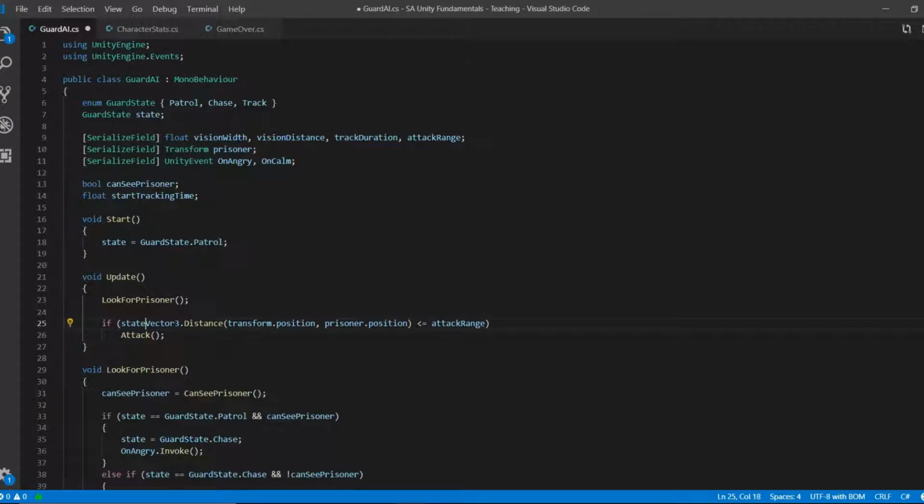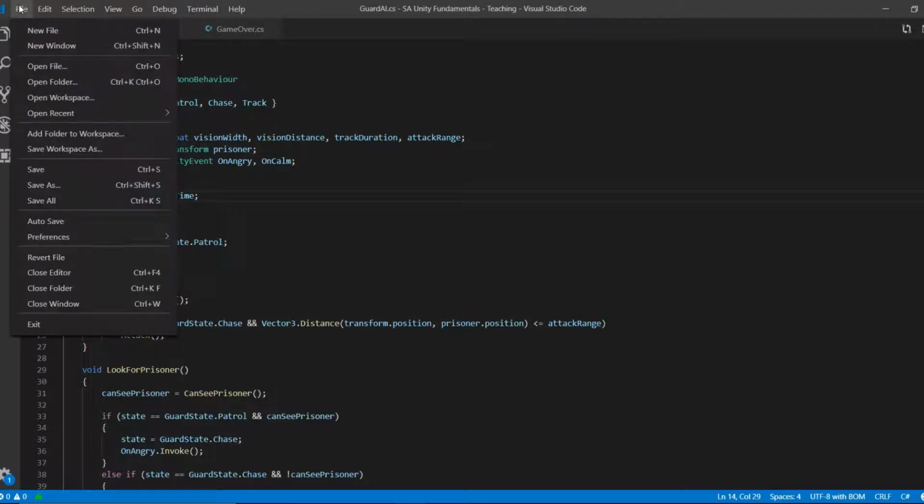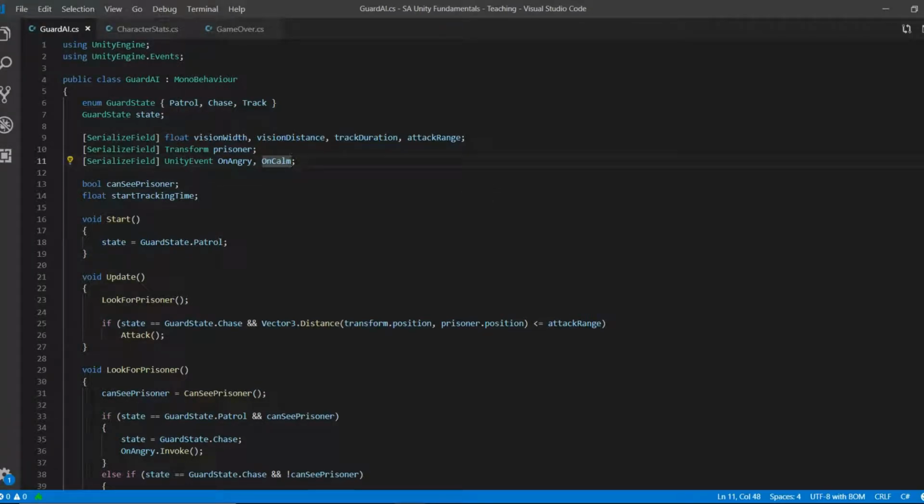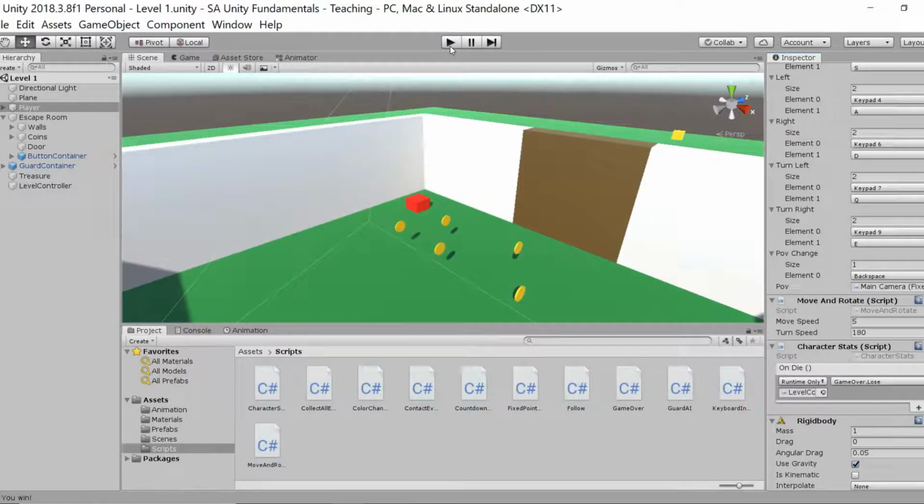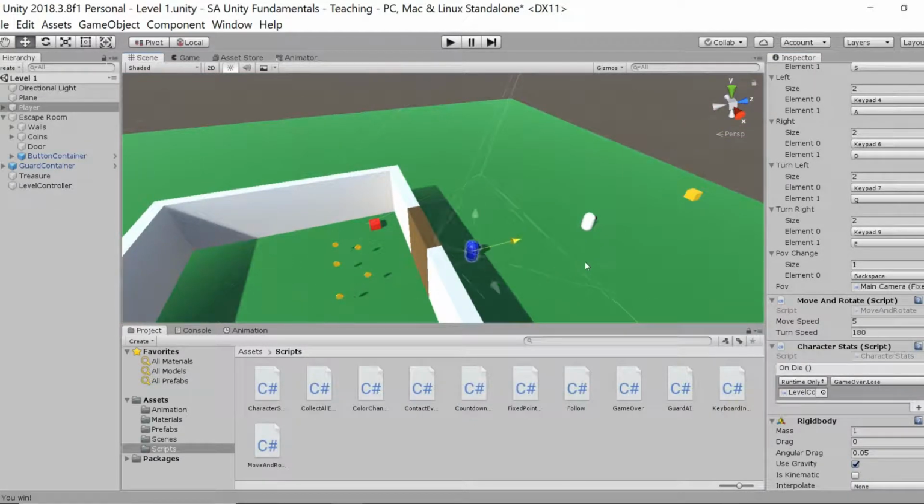So I'm going to add in another condition here: state equals guard state dot chase and Vector3.distance is this. Okay, so now let's see if we can get caught by the guard. Oh, and also, just to make this a little quicker, I'm going to start the player outside of the room. And actually, since I can debug this way, get out of the room easily just by moving the player,